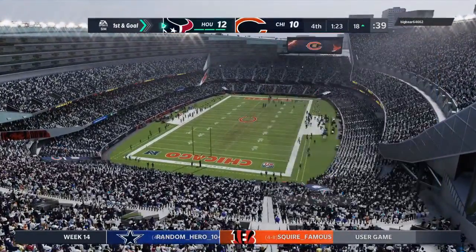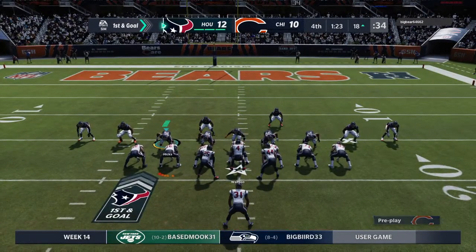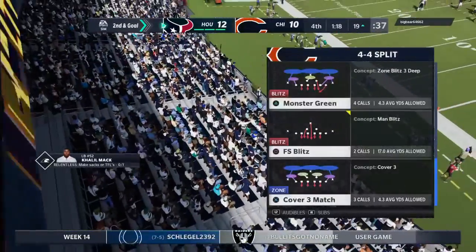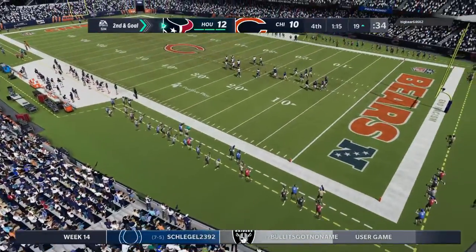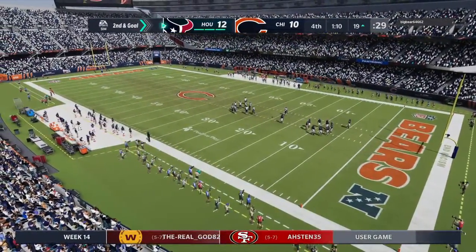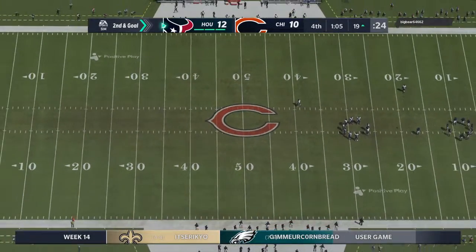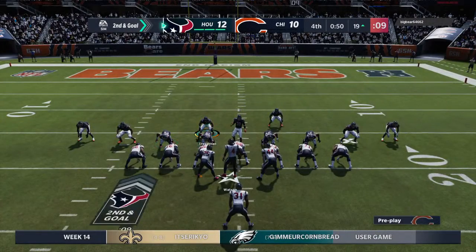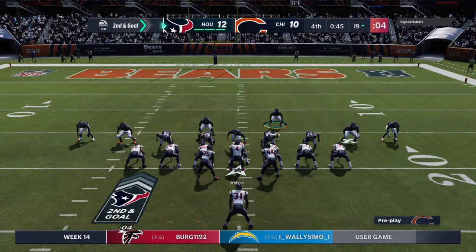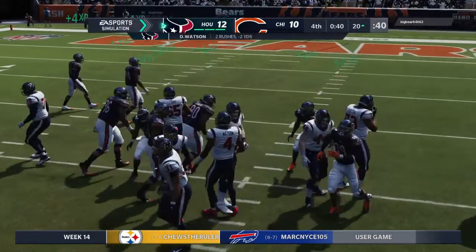It's the correct call. A terrible spot for a holding call as they'll try again, but now from further back on 1st and goal. And they'll indeed take a knee. Watson on the keeper. It's a loss of 1. Brings up 2nd and goal at the Bears' 19-yard line. First down, a bit of a disaster, and now on 2nd and goal, back even further. Clock counting down toward 40 seconds as they